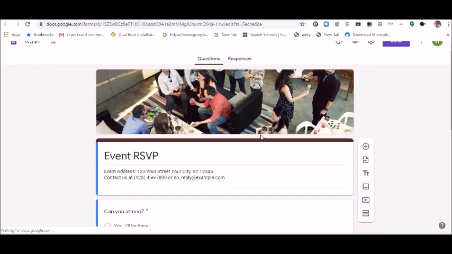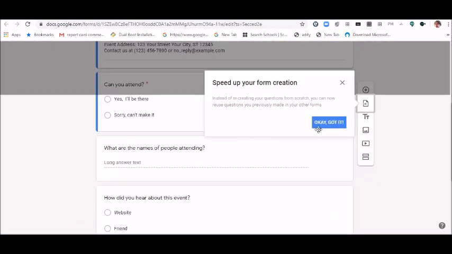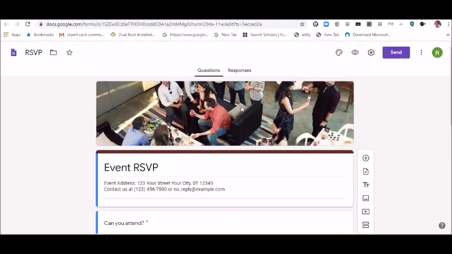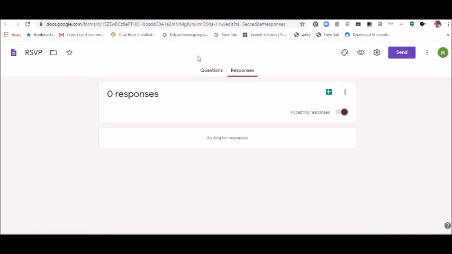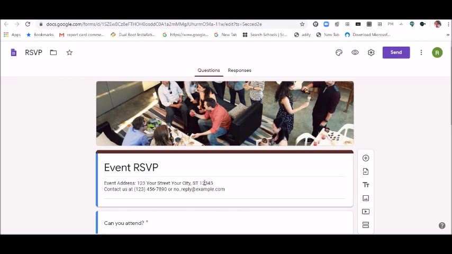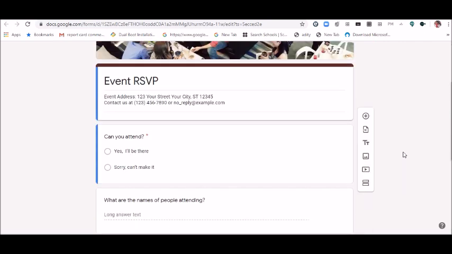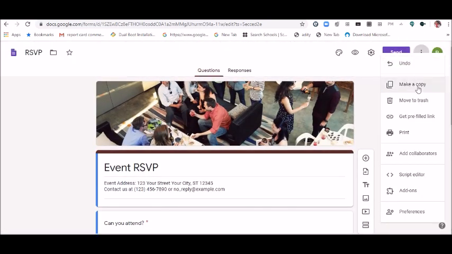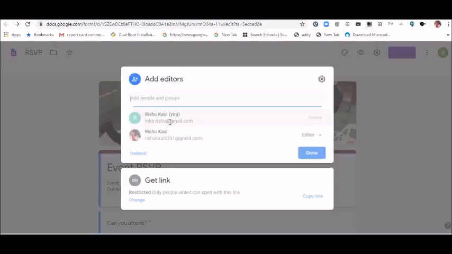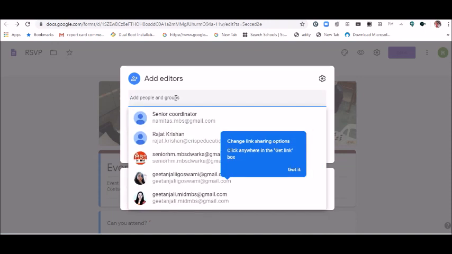So I'll open this form. Now see, I can also make any changes in the form. I can see the responses and all the features. That means it is like sharing a file like we do in Google Sheets or Google Docs. Similarly, we can share our form with any other people by using the collaboration feature. We can also add multiple collaborators, like if I have some other ID as well.